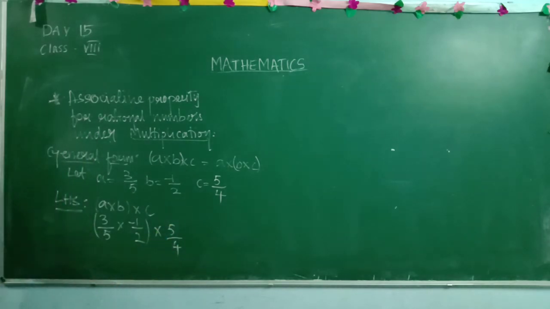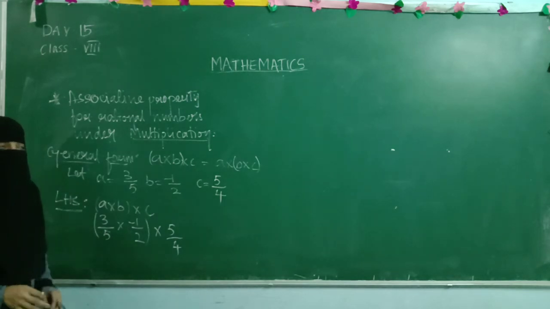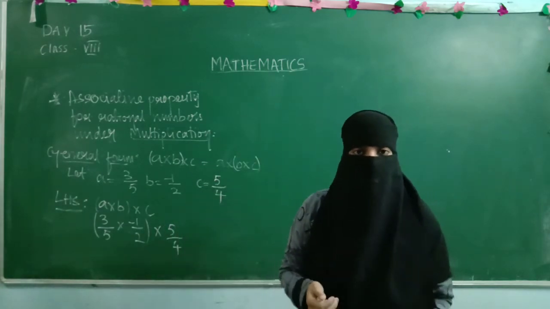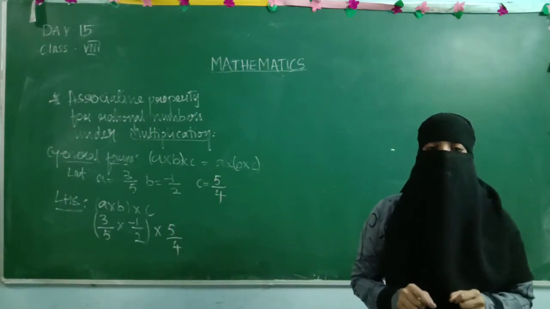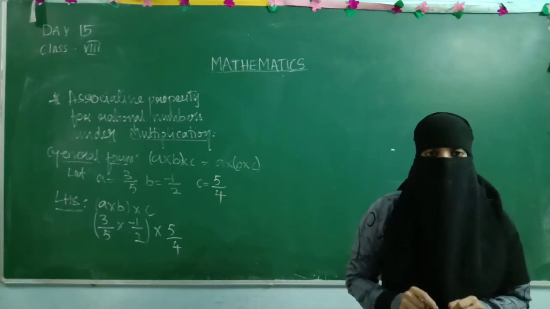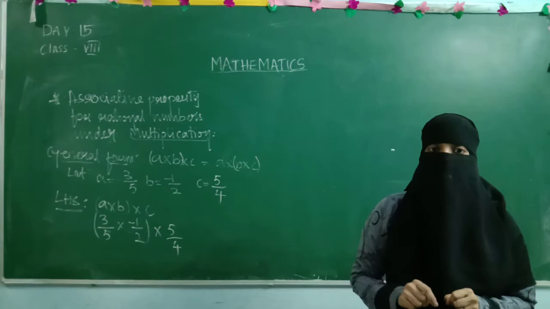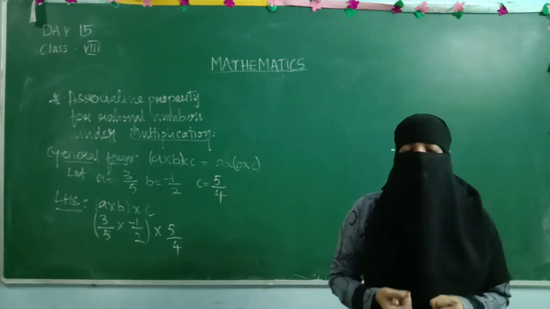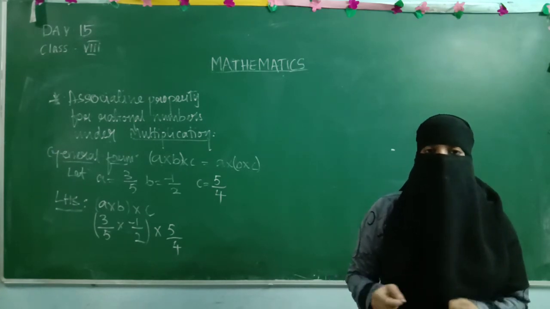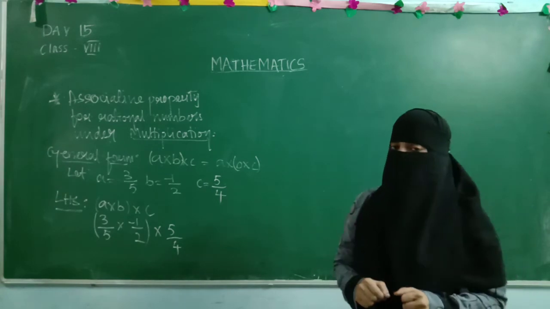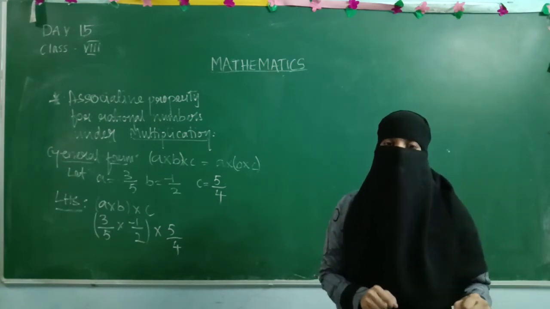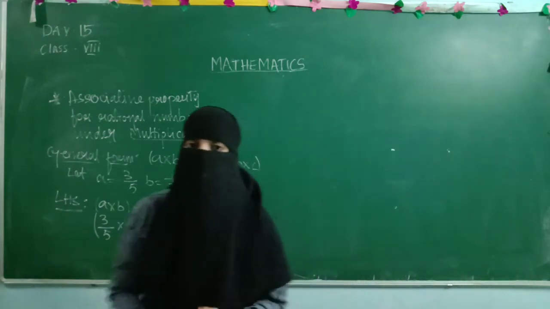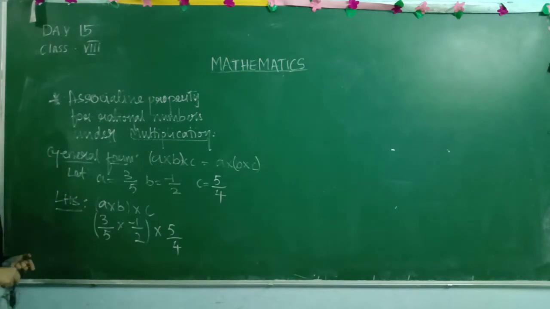Here there is no need of checking whether the denominators are same or different, because we are not performing addition or subtraction. Whenever we are doing addition and subtraction, the most important thing is to check whether the denominators are same. If they are not same, we need to take the LCM, make the denominators equal, and then perform addition or subtraction. But in multiplication and division, there is no need to check; directly we perform the operation. This is quite simple compared to addition and subtraction.